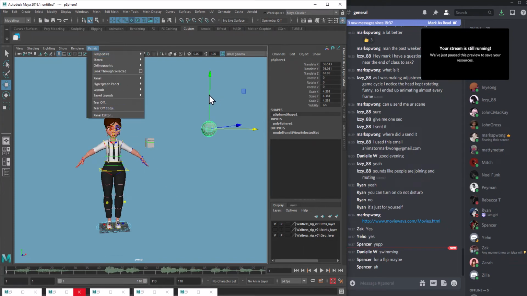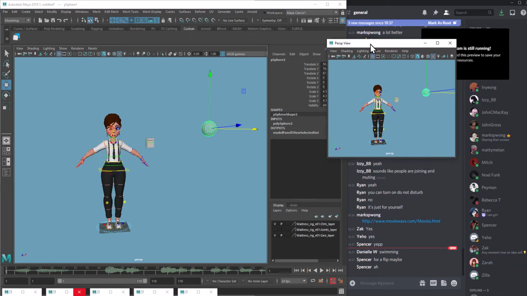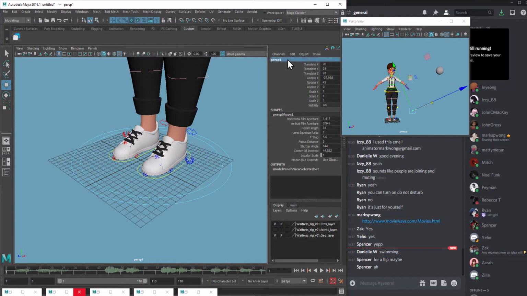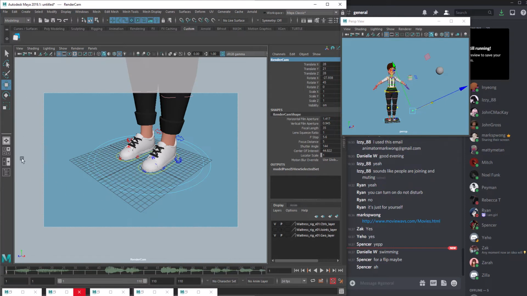Let's tear off copy. And I'm gonna have a new camera. I'm gonna first name it render cam. Okay, and then in this panel, you can click these two buttons. It will show you what is gonna be rendered. Like this is gonna be the framing. Okay,